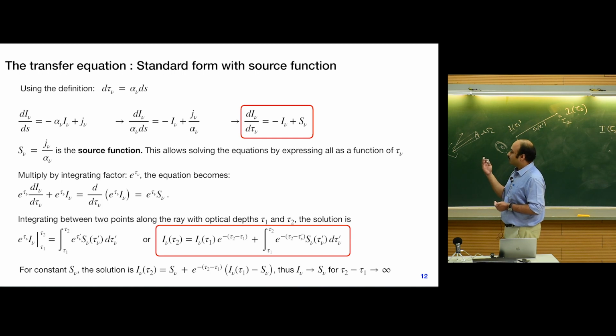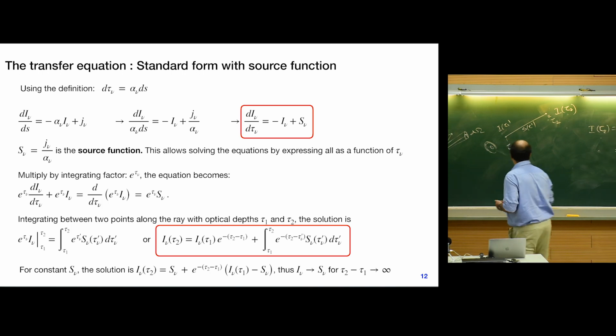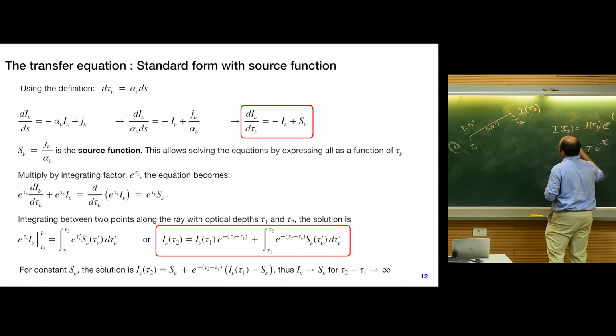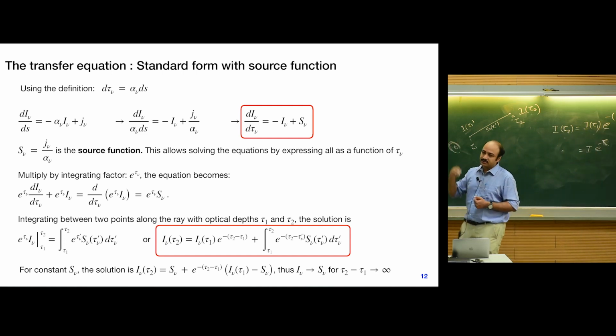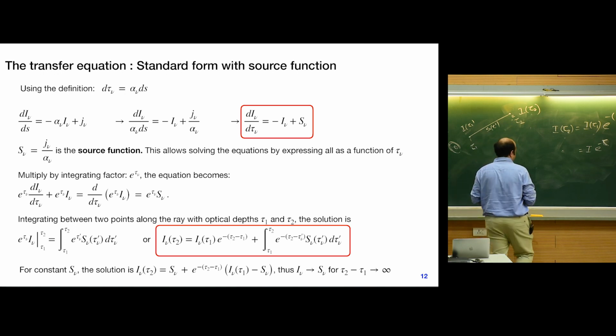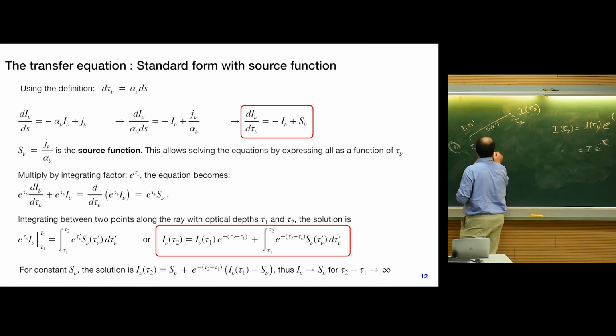But let us do one particular case where tau 2 minus tau 1 actually goes to infinity. So let's say tau 1 is 0, we are starting from the surface, and tau 2 goes to infinity. And then let us suppose that the source function is just constant. It is not varying with space. So what do we get here? If we just evaluate this integral,